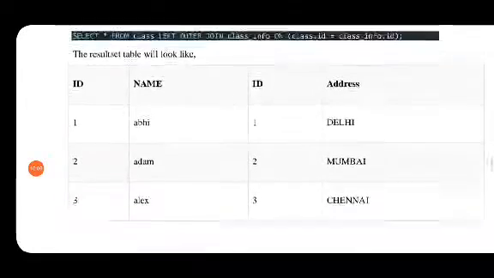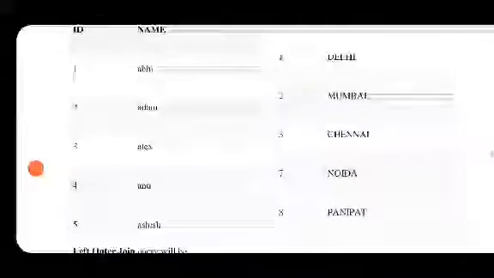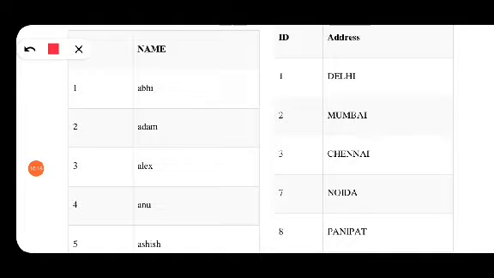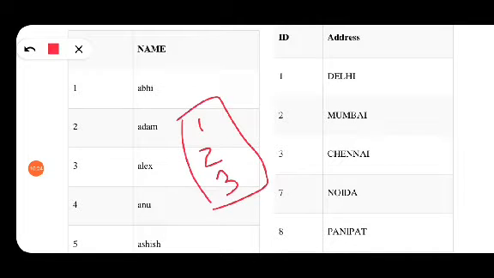I'll explain it again in some other way. Just see, if you have got 1, 2, 3 in one table and in the other table 1, 2 and 5.